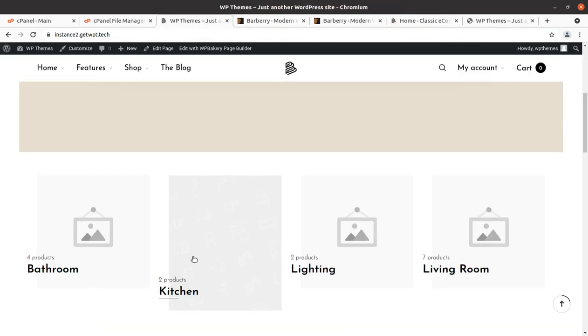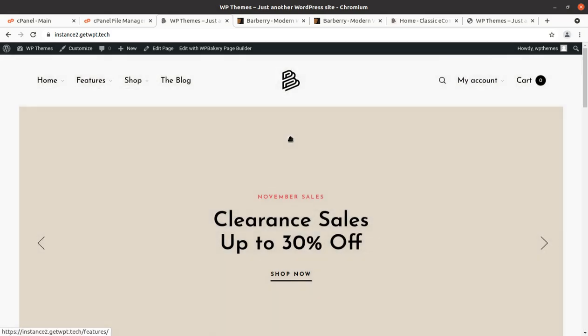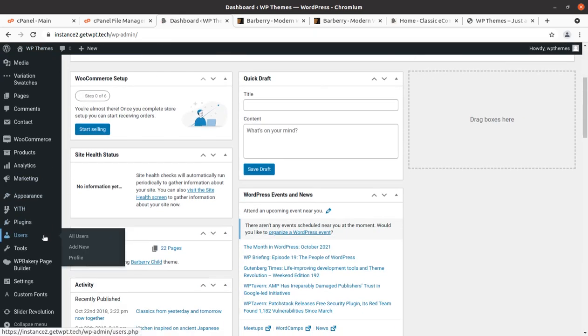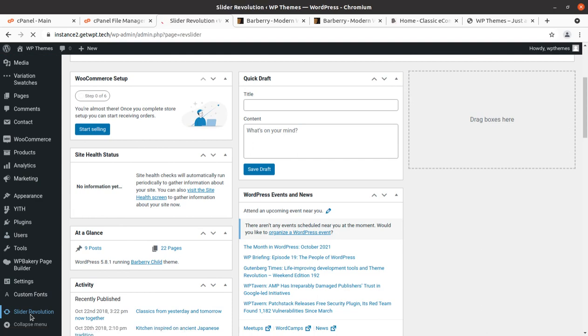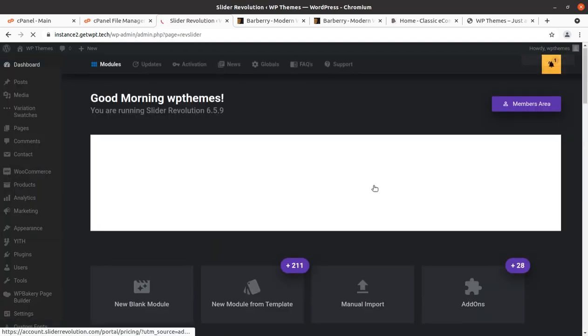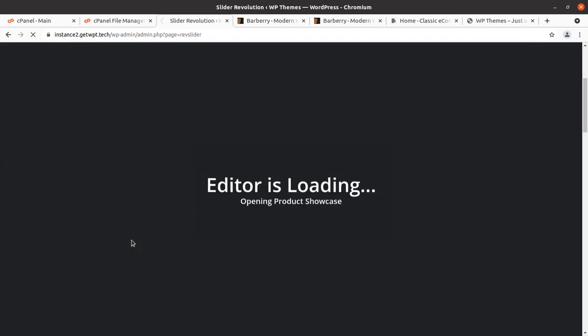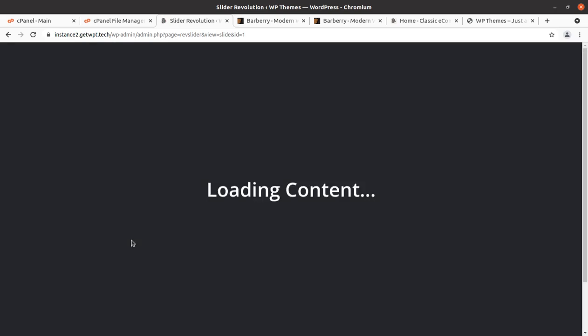Okay, so we have a ready website with us, and this is the outcome website, and this is the slider section. Okay, so we can go back to the dashboard, and this theme uses a Revolution Slider. So we can simply go to the Revolution Slider section for the hero image area, and since the slider is already here, product showcase, somehow the images are here but it is not working, but I'll definitely check.